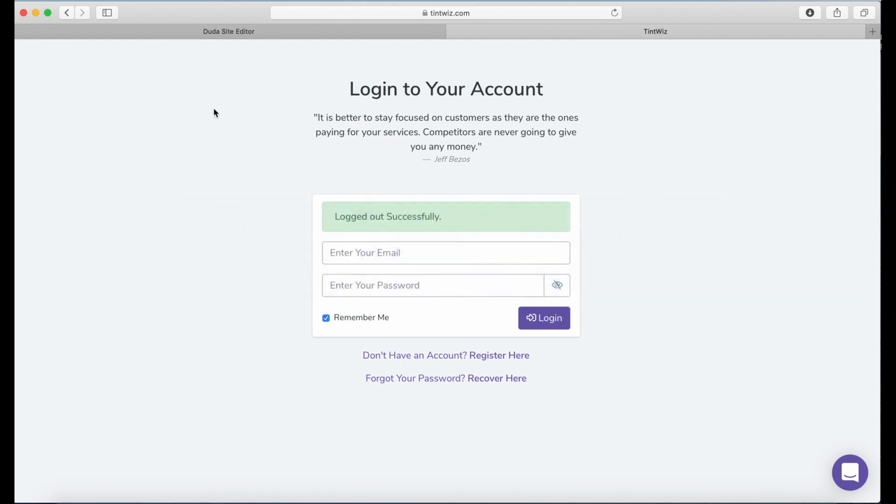Today I'm going to be showing you on the desktop version, but TintWiz is accessible and fully functional on mobile as well as your iPad. So we'll jump right in here. I've already created an account,